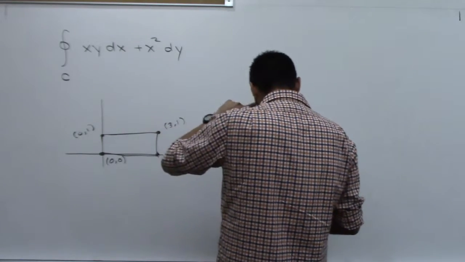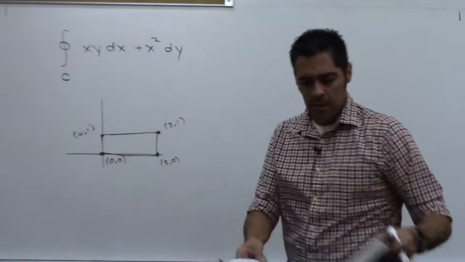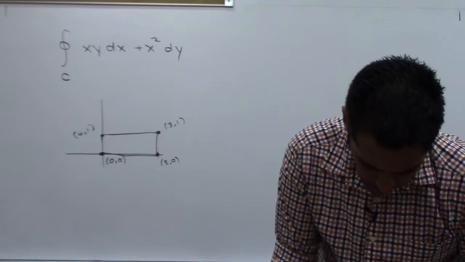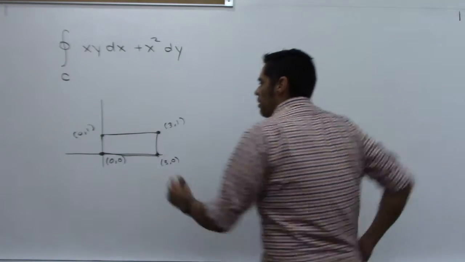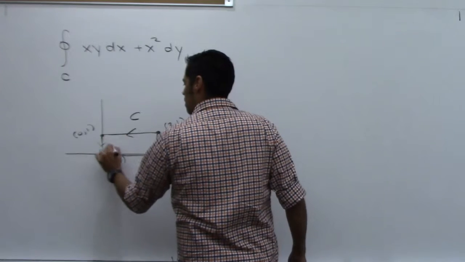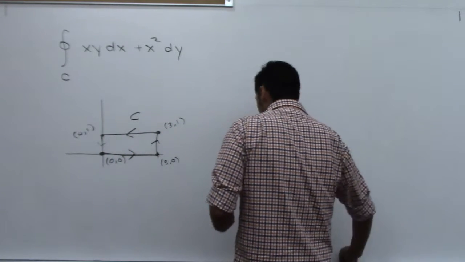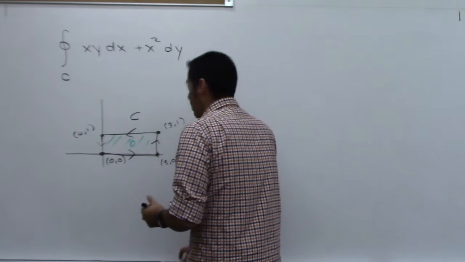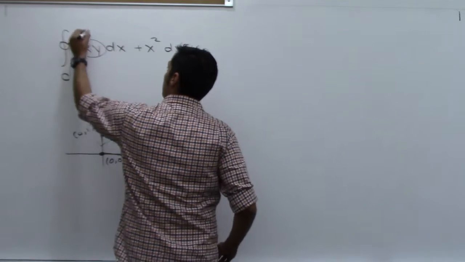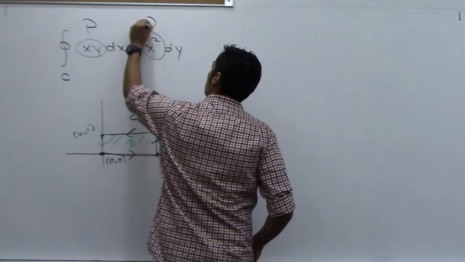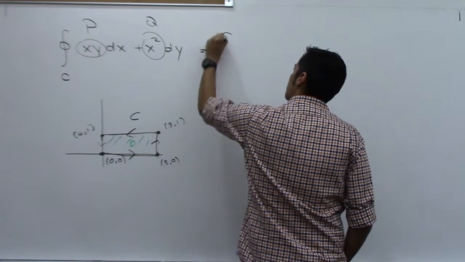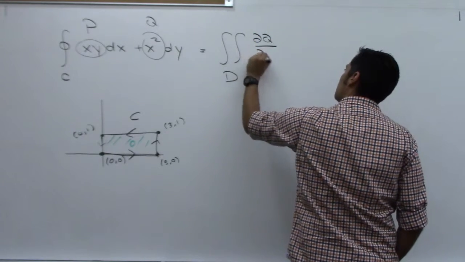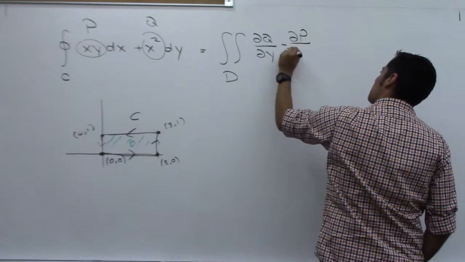So here's our closed curve C. We'll imagine here that we've got a curve C that goes around, positively oriented. It encloses the region D. And by Green's theorem, if this is our P and this is our Q, then this should be able to be turned into the double integral over D of partial of Q with respect to X minus partial P with respect to Y